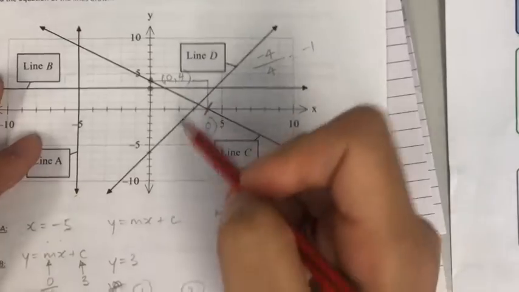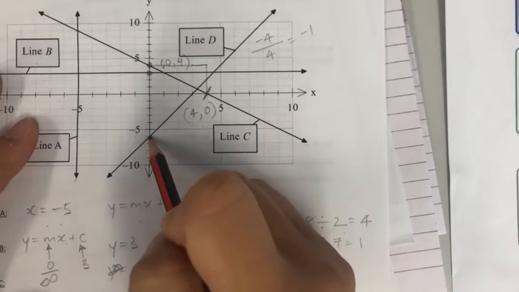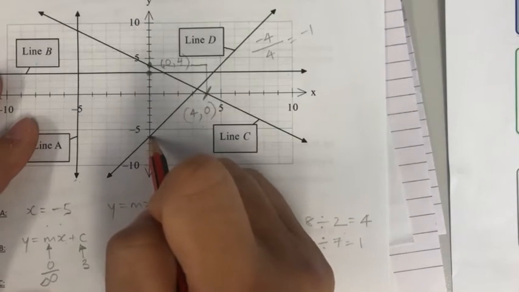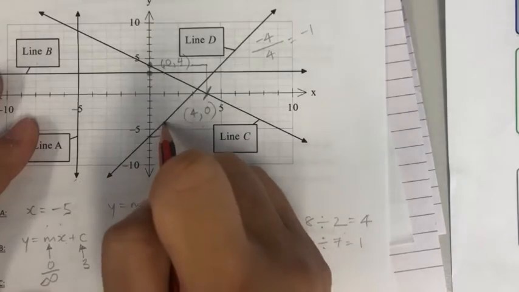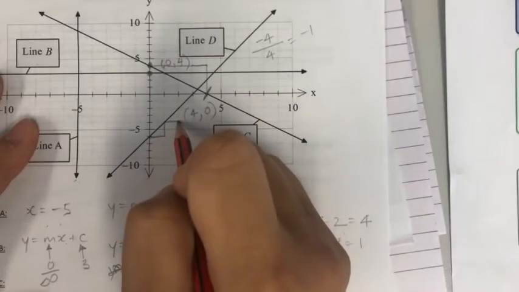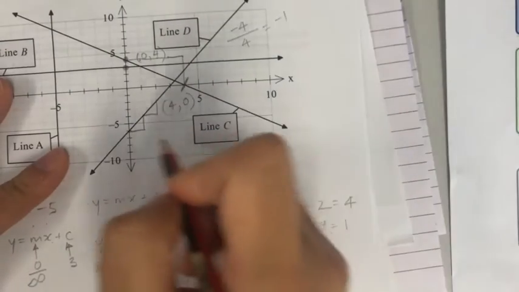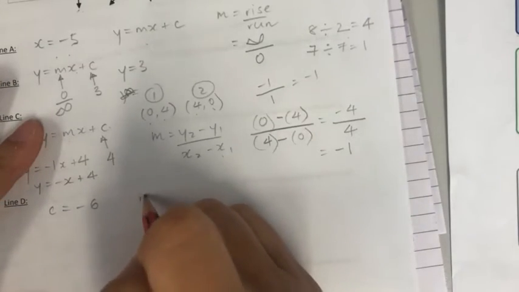And if I use the technique from before, I can start at a position, and then if I go forward 1, the line moves up 2. Forward 1, up 2. So in terms of rise over run,